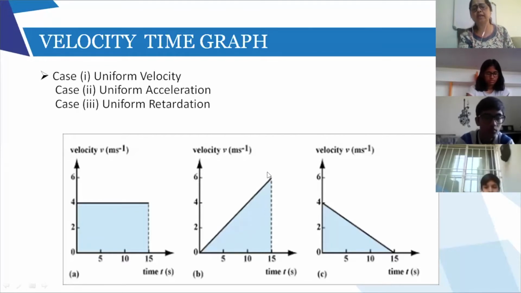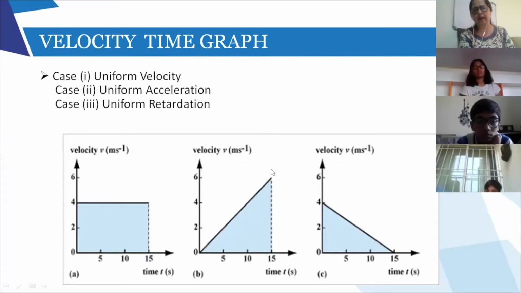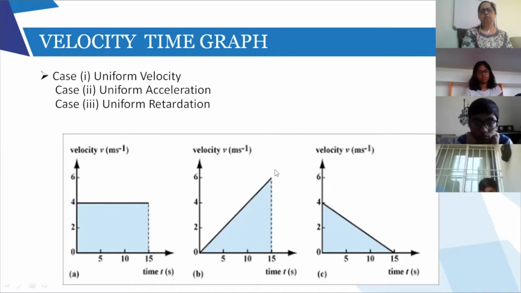Now, if the velocity is not steadily increasing, sometimes it becomes more, then less, then more, then less, like you are going in the marketplace. In that case, the graph will not be a straight line, but a curved line. Remember the third graph, the curved line? On this side you keep velocity, on this side you will have time, and you will just have a curved line. So if you have a curved line, that means you are going in the marketplace in your car, and sometimes velocity is increasing, sometimes it is decreasing.